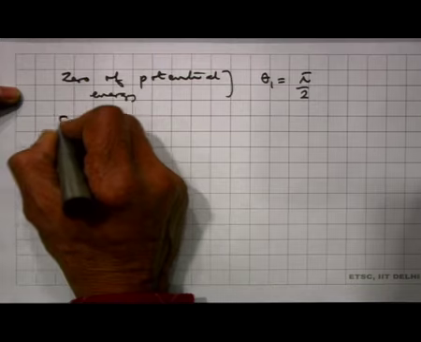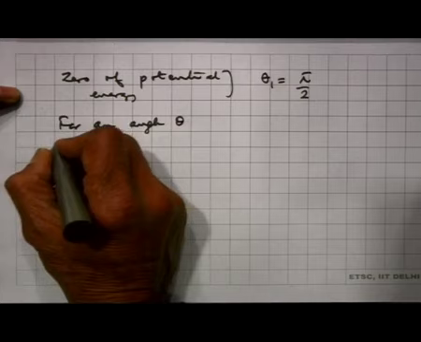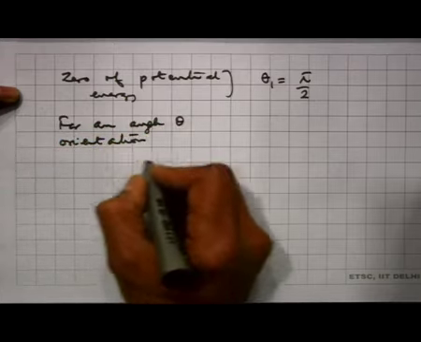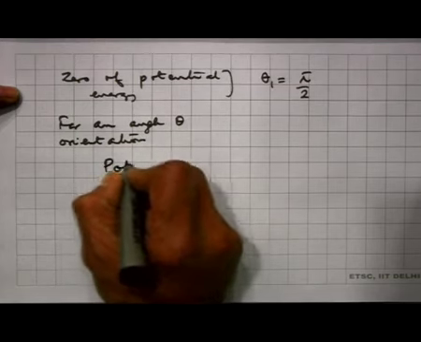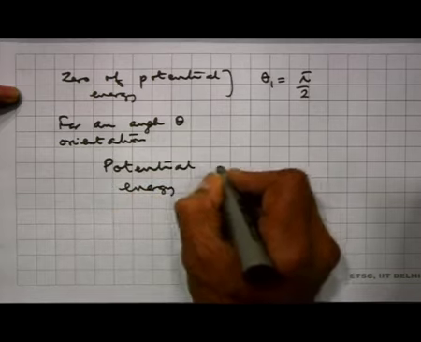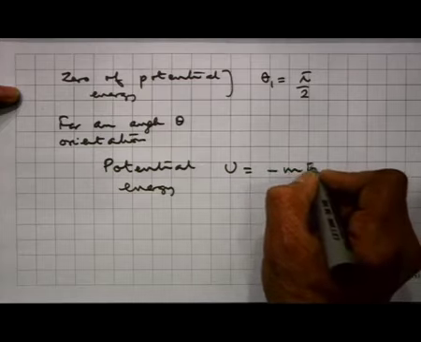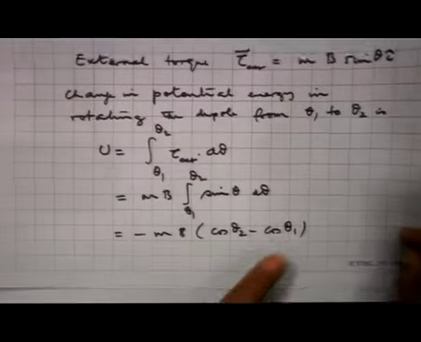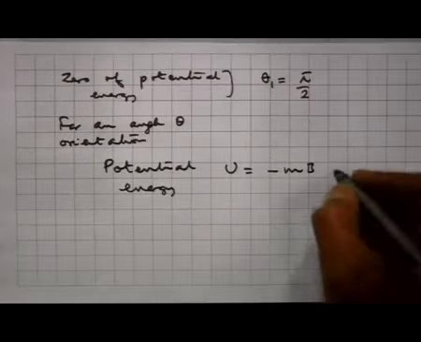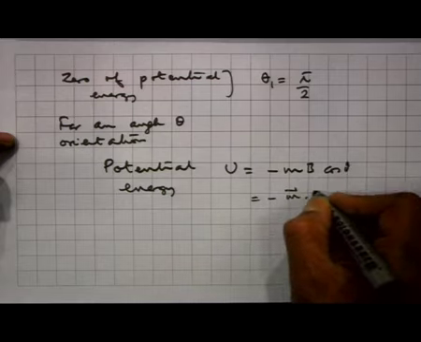So, for an angle theta orientation, the potential energy U is equal to minus m b. So, what I will do is replace theta 1 by pi by 2, cos pi by 2 is 0, theta 2 by theta. So, I get minus m b cos theta,